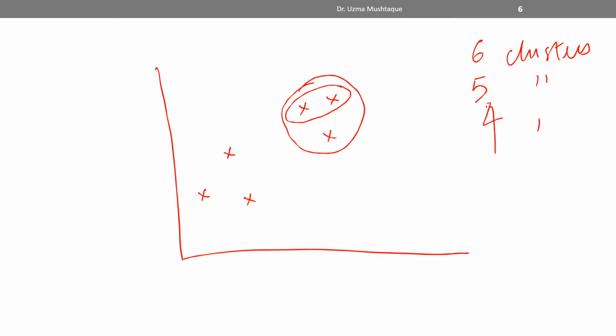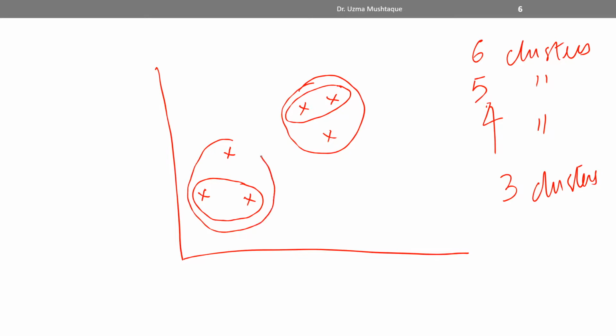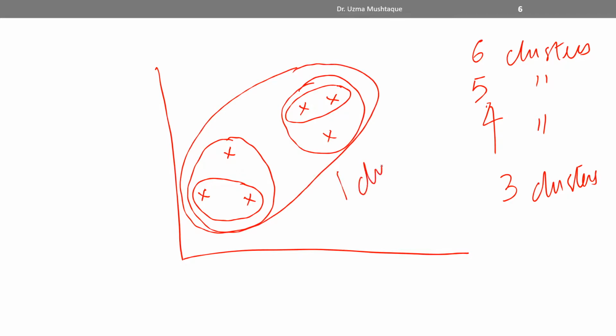I'm down to 4 clusters. Now, I also find out that these 2 clusters are close to one another. So then this is another cluster. So these are 3 clusters. And then I find that this one is closer to this one. And so I'm down to 2 clusters. And then finally, I can combine this and I'm down to 1 cluster. And so this is how it works. But then the question arises, how does it help us in answering a question like, let's say, customer segmentation, right? And the answer to that question is that it maintains a memory in something that's known as a dendrogram, right?